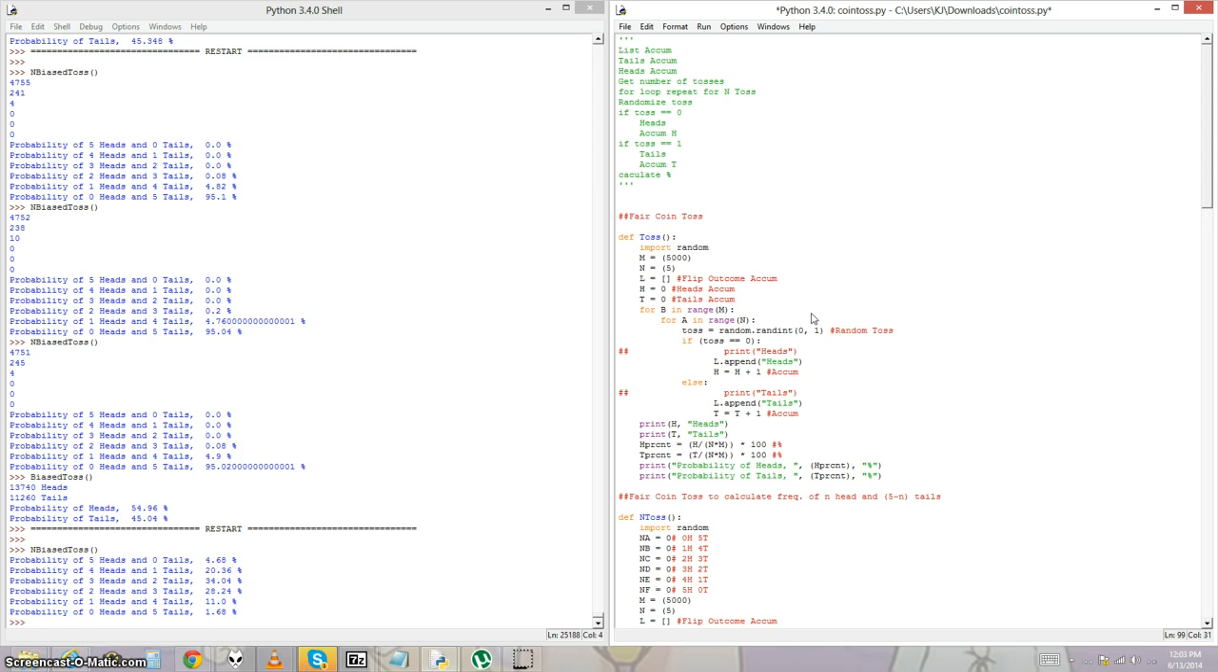This is my coin toss project. On the right I have my code, and on the left I have the shell open. So I outline my pseudocode right here. It's not very detailed, but it works for me. Okay, so initially I start off with the fair coin toss,